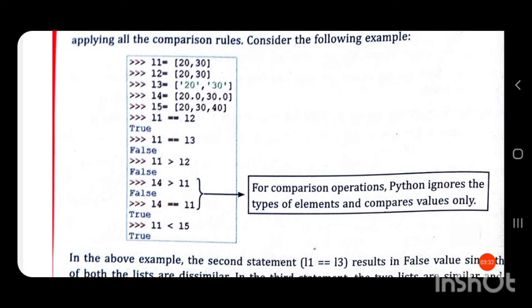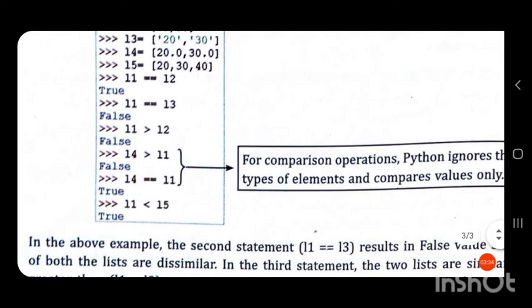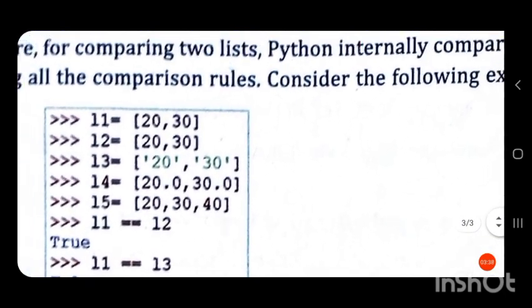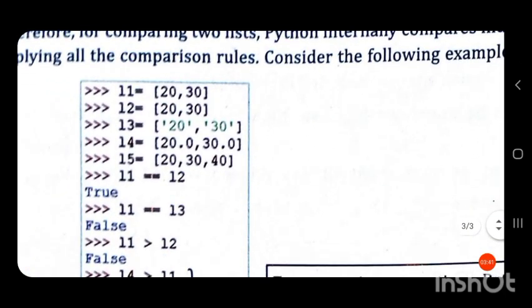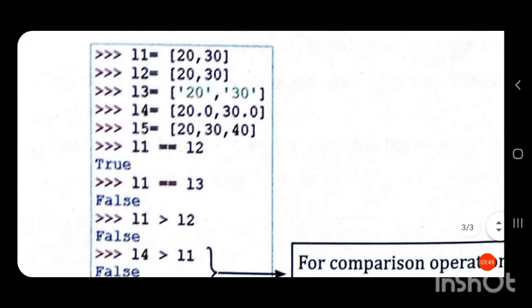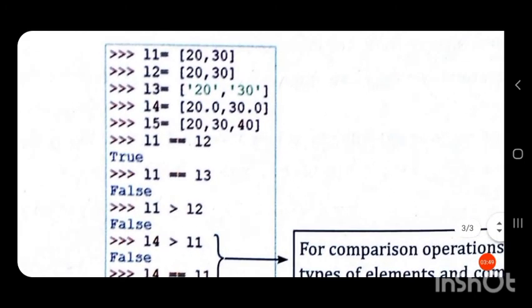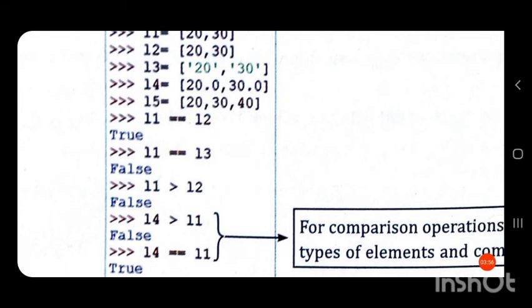Now here we are comparing whether L1 equal to L2. You can see L1 and L2 are same, so L1 equal to L2 will return true. Now L1 equal to L3. L1 contains integer values and L3 contains strings.